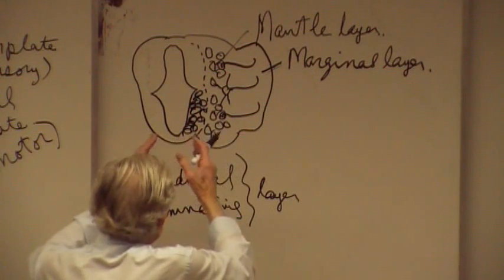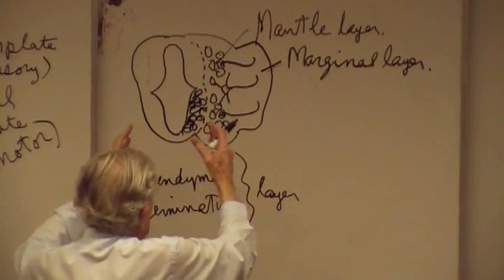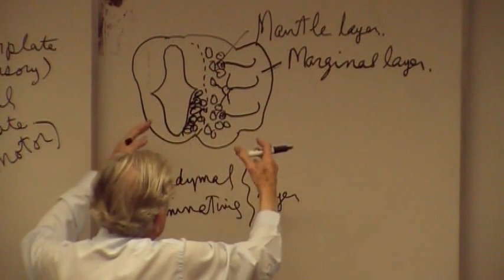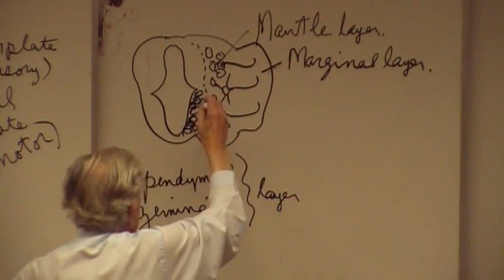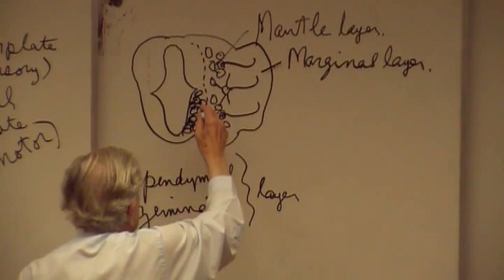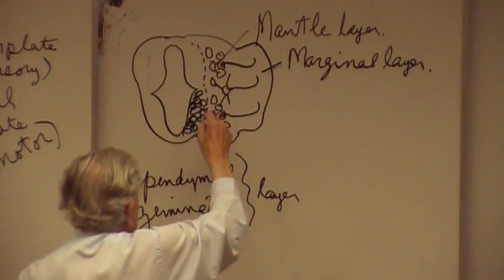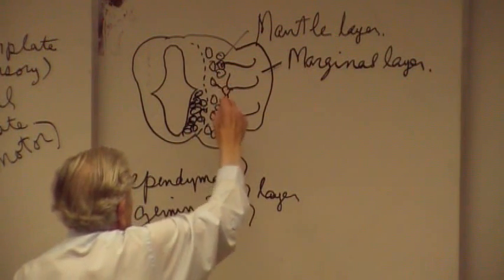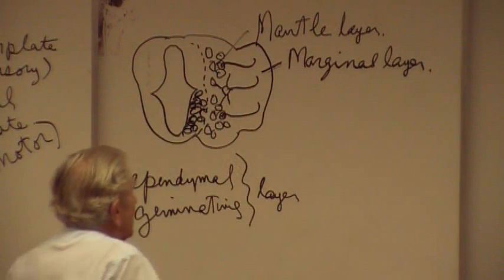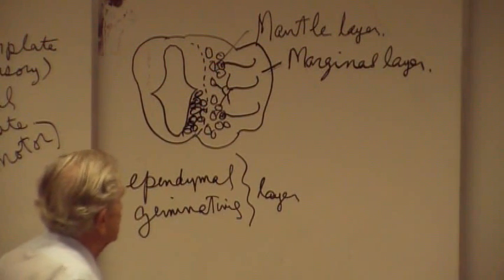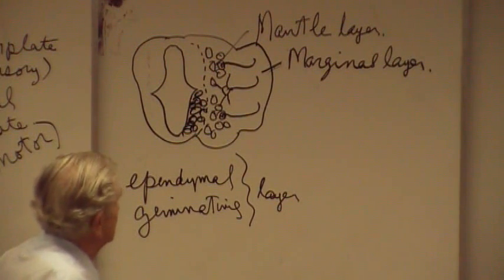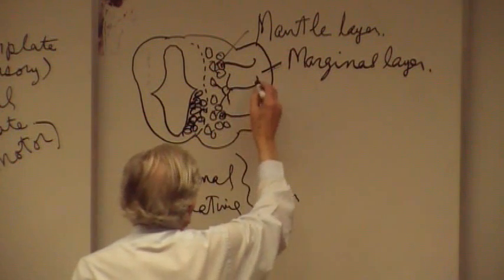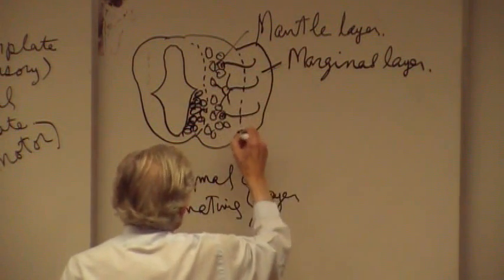So we see the neural tube gradually enlarging, both of course in length and in diameter. And we see the cells in the ependymal layer. After they stop replicating, they migrate outward, laterally, to form a mantle layer where they begin to mature physically. And then as they mature physically, producing dendrites and axons, the axons move out to become this most external layer